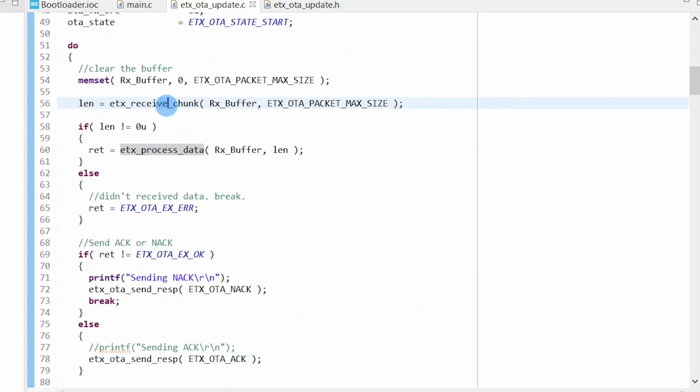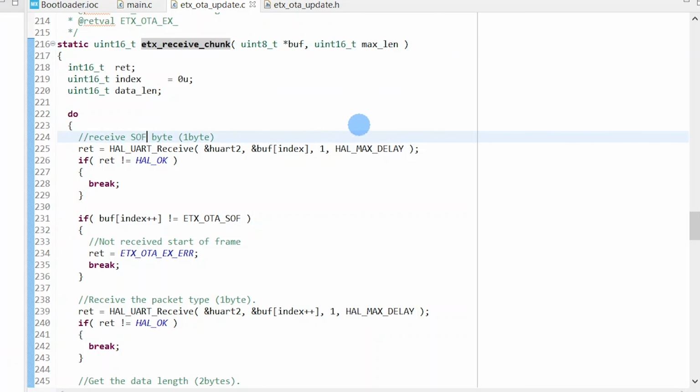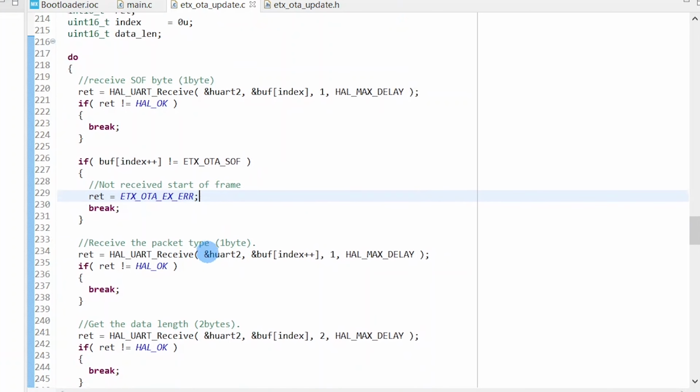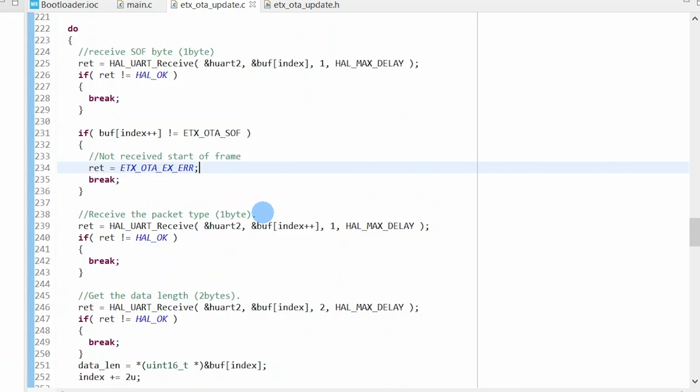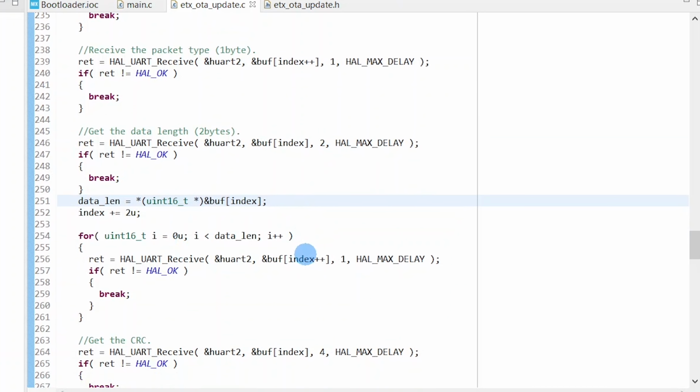Now, we will see how we are receiving the chunks. First, I am receiving the start of the frame, which is 1 byte. Then, we are verifying that. If the data that we received is not the start of the frame, then we are returning the error. Then, we have to receive the packet type, which is 1 byte. Once after that, we will get the data length.